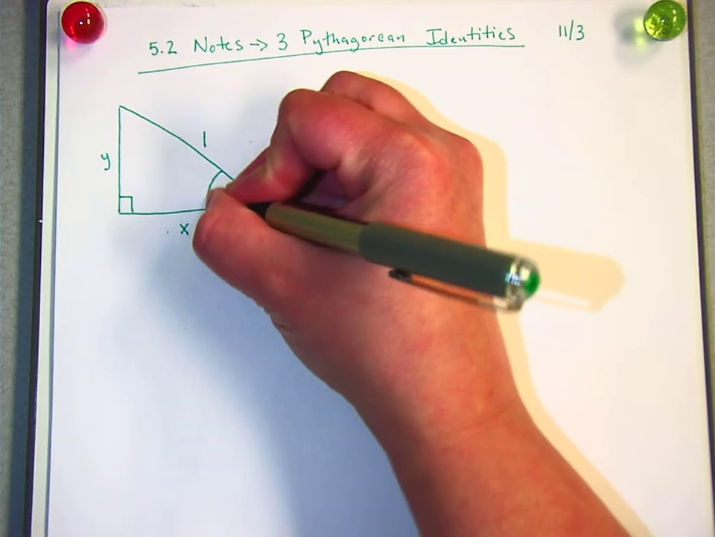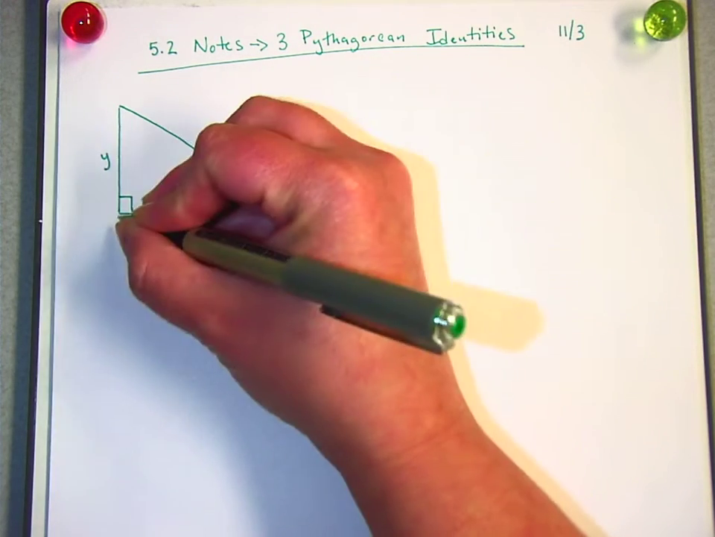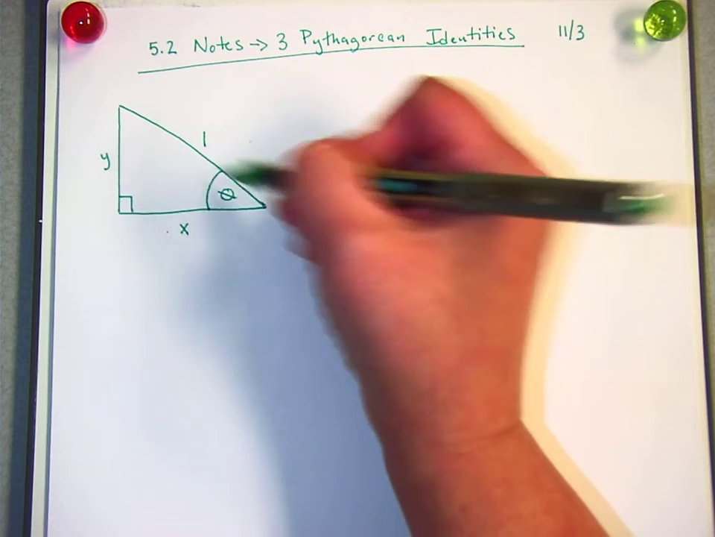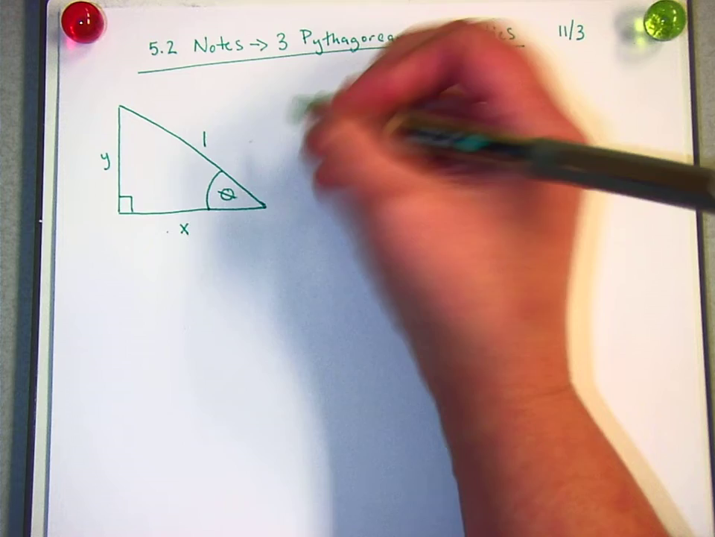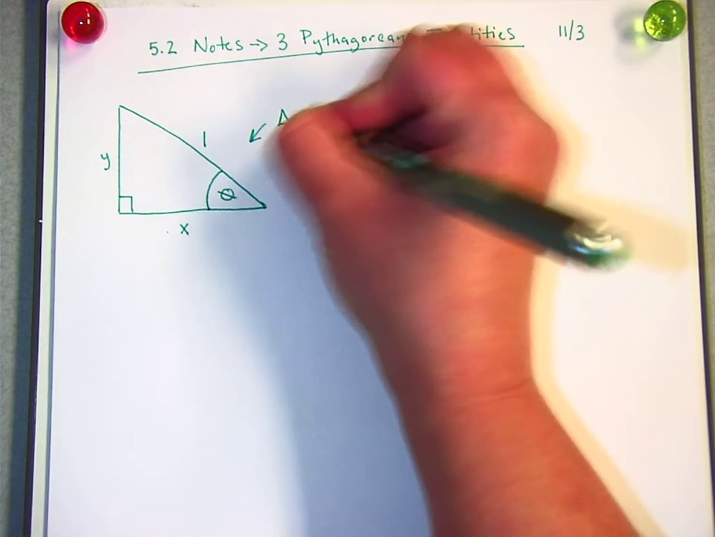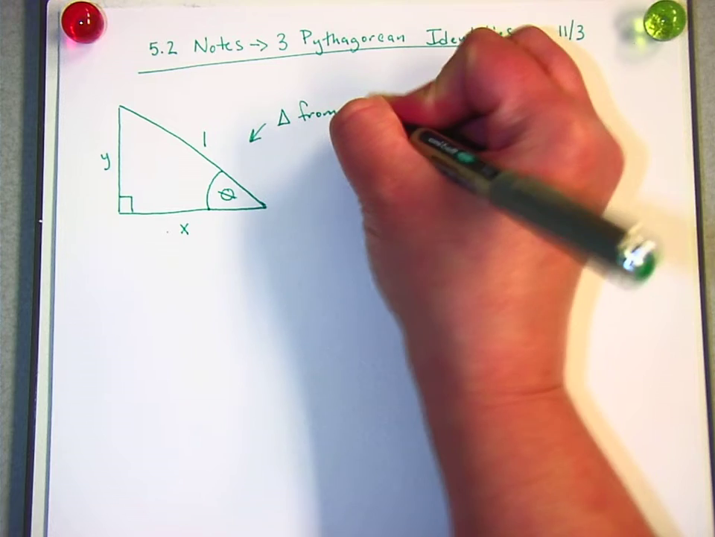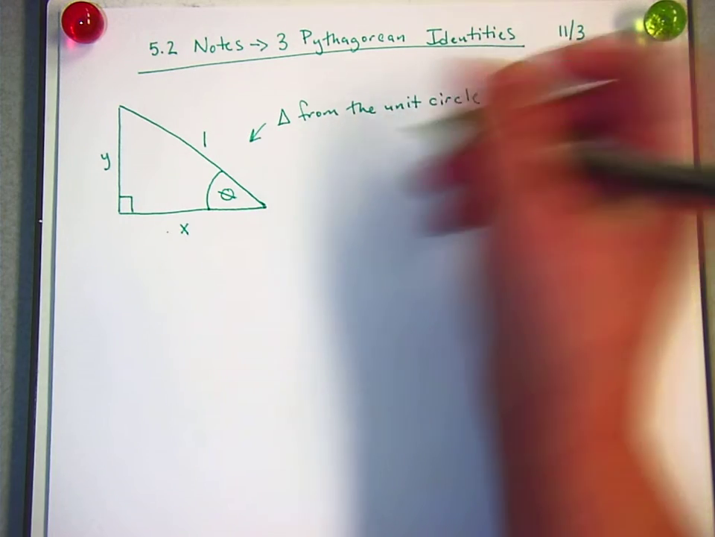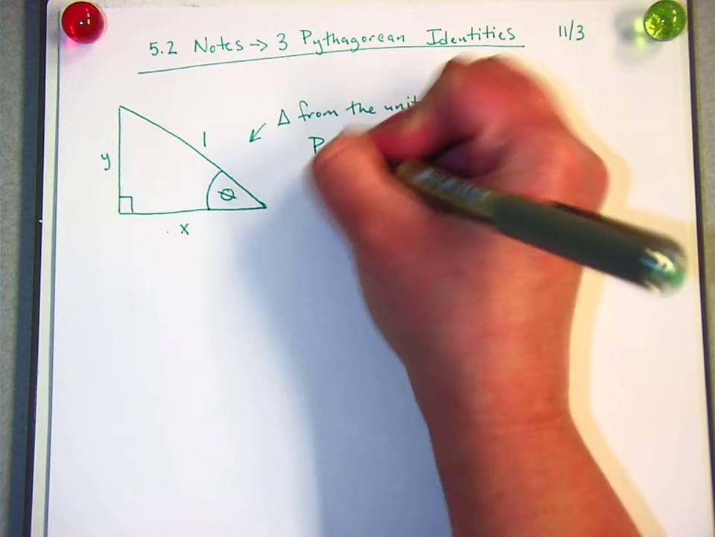Like, here's the angle right here. Here's the x length. Here's the y length. The point would be up here. And it's a unit circle, so the radius is 1. So if I did the Pythagorean theorem right now, this is a triangle from the unit circle. So if I did the Pythagorean theorem,